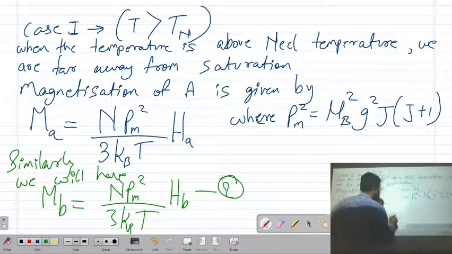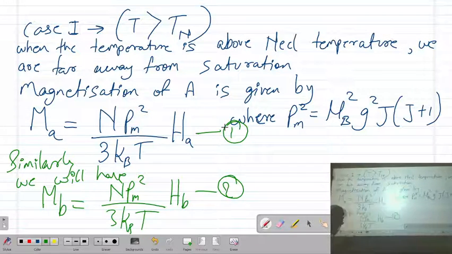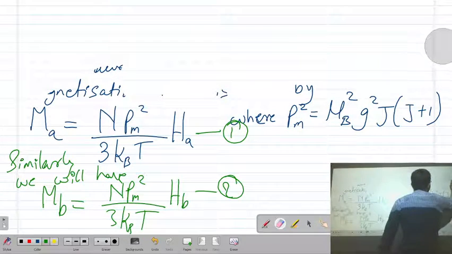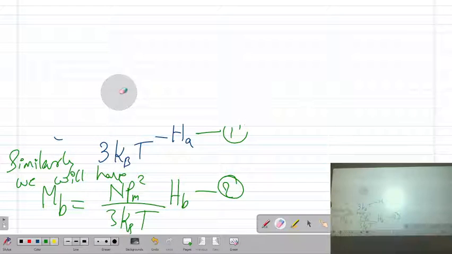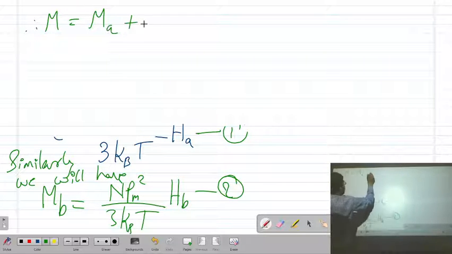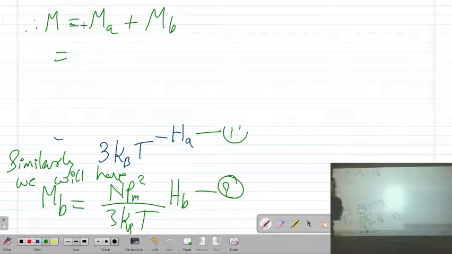This is equation number 2, and this is equation number 1. Now, moving ahead, we have M equals M_A plus M_B, and substituting the values of M_A and M_B in the above equations, we will get